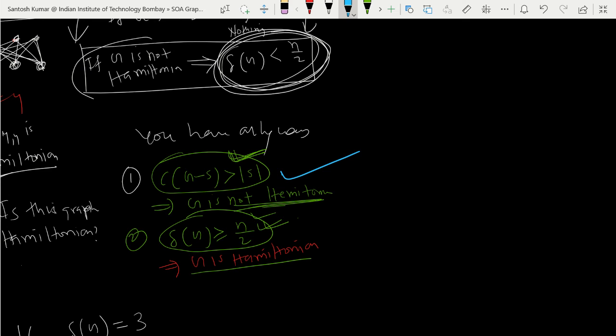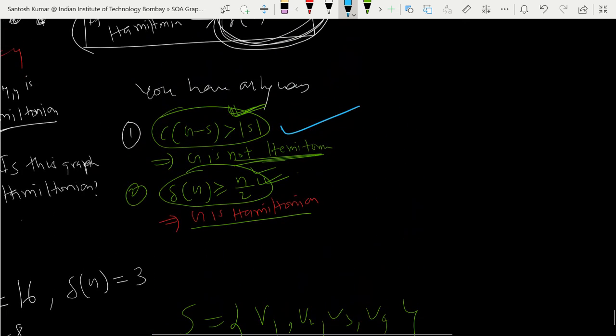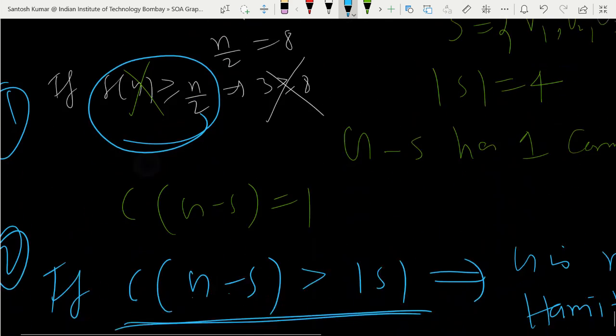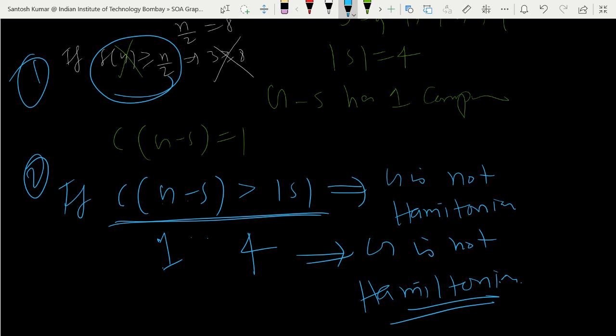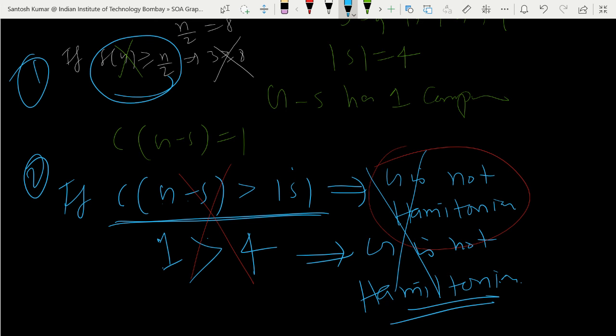So if it's more than S, then you can do that. Look at this first one. So one is more than this? No. So I was making a mistake here. Again I'm saying, if this doesn't hold, then you can say nothing about this. If this holds, then you can say this is a one-way thing. If the left side holds only, then you can say something about the right side. If the left doesn't hold, then you can say nothing about the right side. So this also fails. So both results failed here.